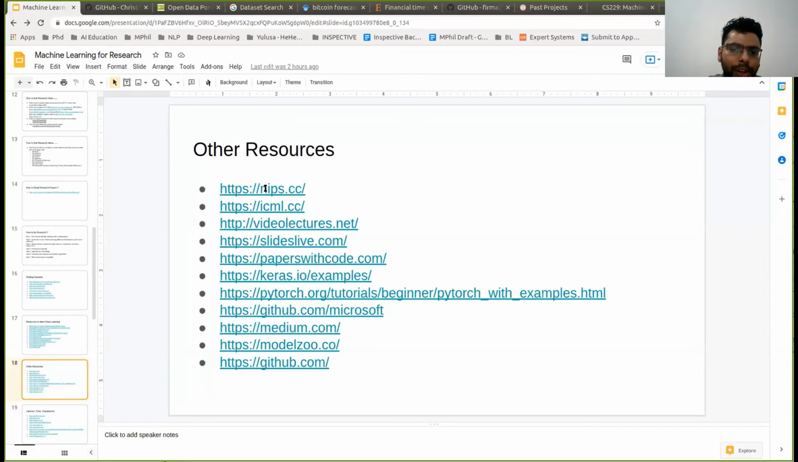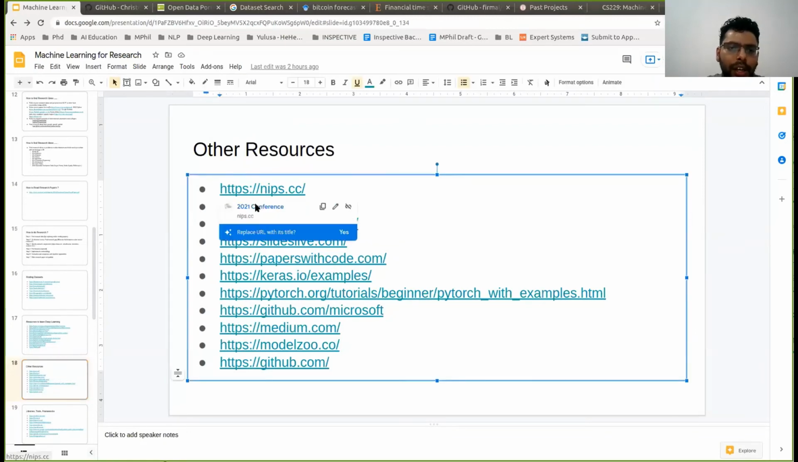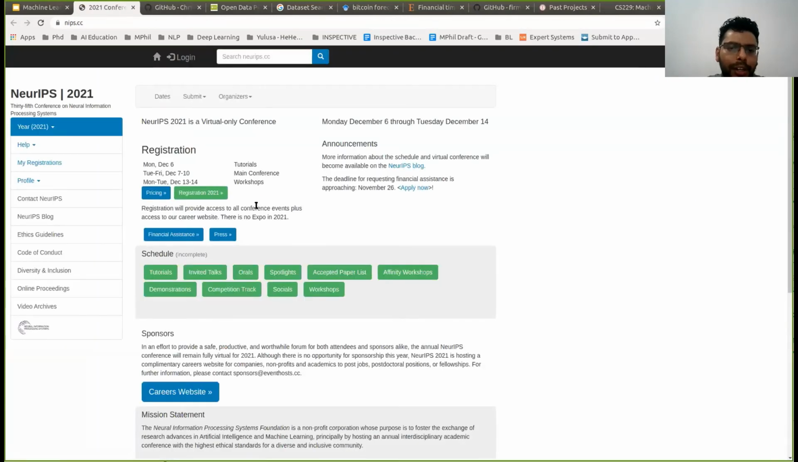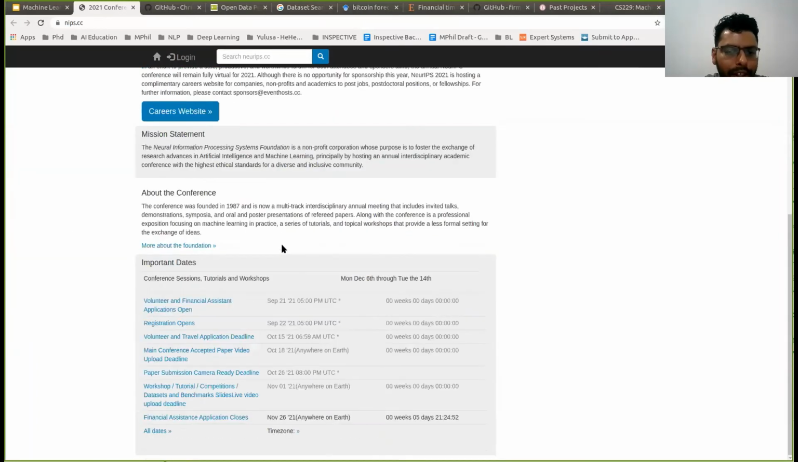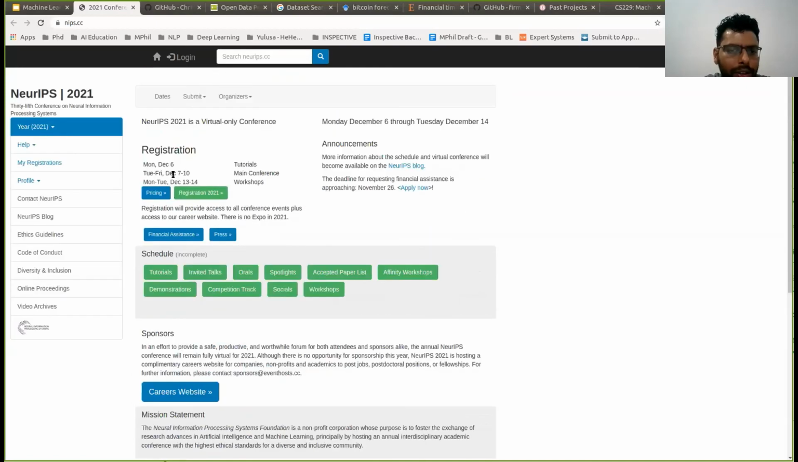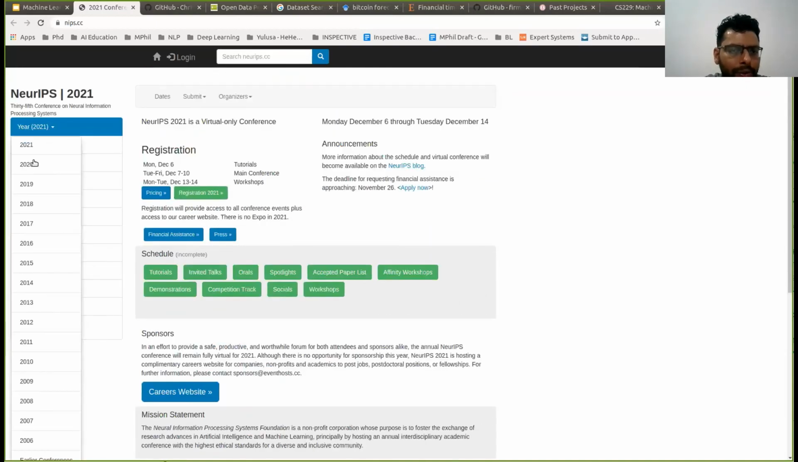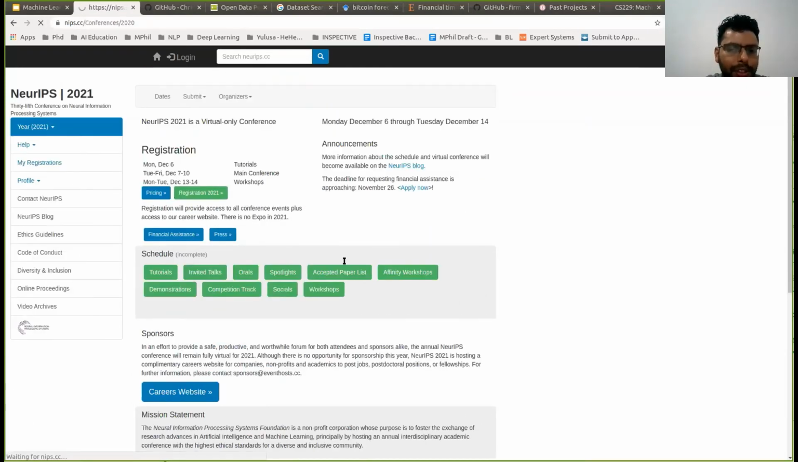One of the top-rated conferences is NIPS. This is where the highest or top-rated machine learning papers are published. So if you want to see NIPS 2021, and what the papers on this particular conference are, you can go in. Okay, so this is in December. So we can go for 2020 NIPS. So here,